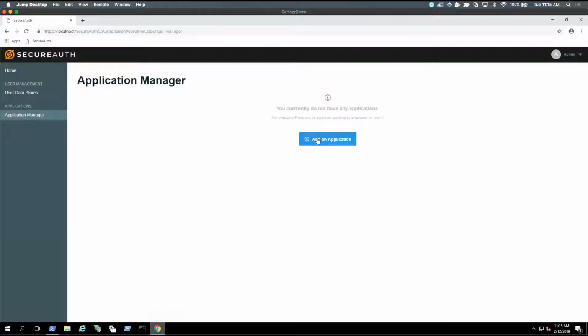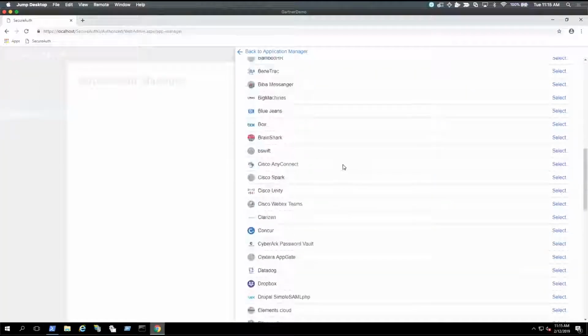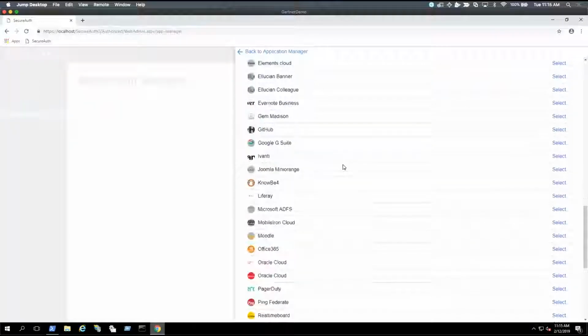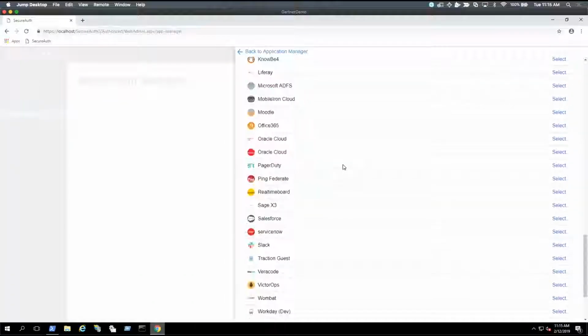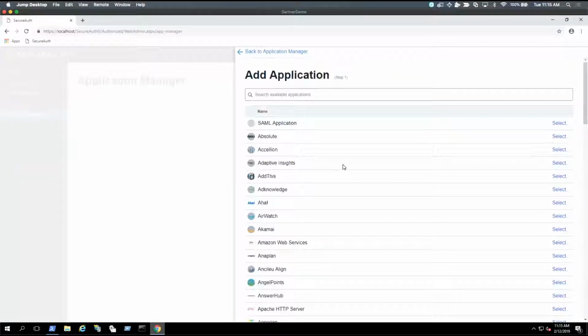And so you simply click Add an Application, and you'll see a big list of different applications that SecureAuth can work with, and we have templates for out of the box. This application list is growing day by day. There's actually a number of ways that we grow this. One, it's our integration team internally working with these applications, and it's also customers who are providing us with, hey,